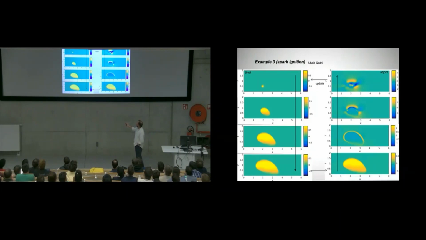Here's a spark, okay. And then here is the forward simulation. The whole thing blows out, okay. Then we're going to stop that. That's the time horizon we picked, okay. Then we go over here, and then we propagate that one back with the adjoint reactive compressible Navier-Stokes equations, okay. So as I said, this is a reverse in time. So first it blows out, and then the adjoint sucks it back in, okay.